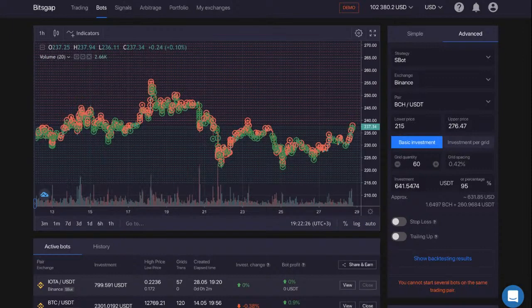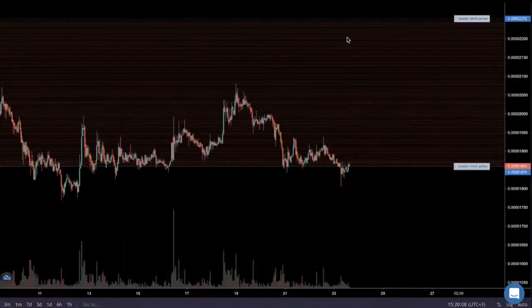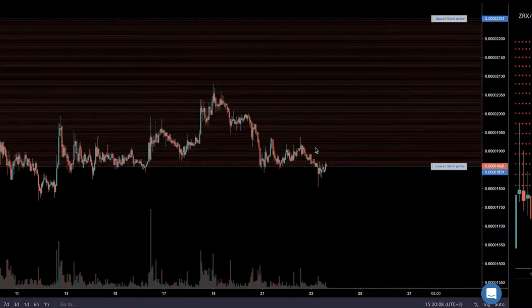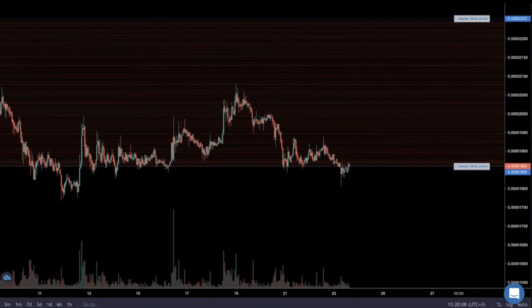So another way of using grids is, let's say you want to have only sell orders because you expect the price to start moving from that point already. So you don't expect the price to have some downside swings. All right, you expect it to start moving upwards from that point. It may be risky